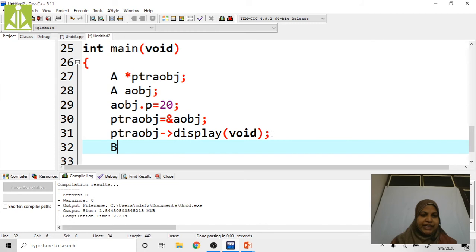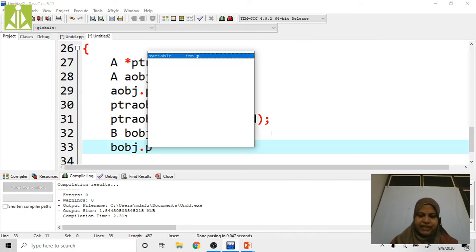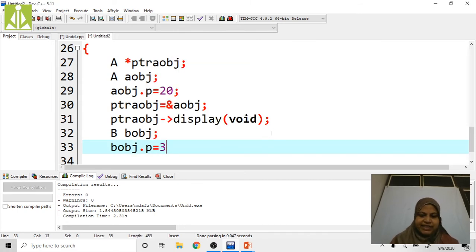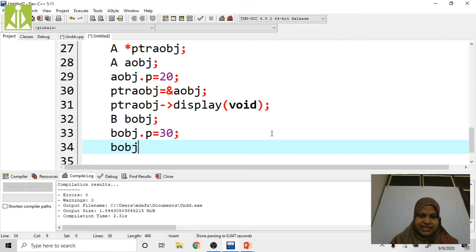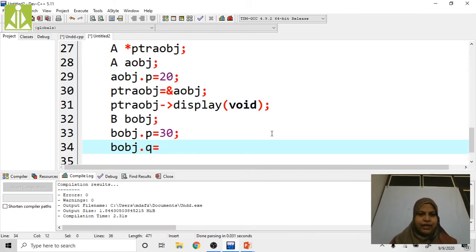Now I am going to create the object for class B, BOBJ. Now BOBJ dot P equals 30. Next, BOBJ dot Q equals around 40.